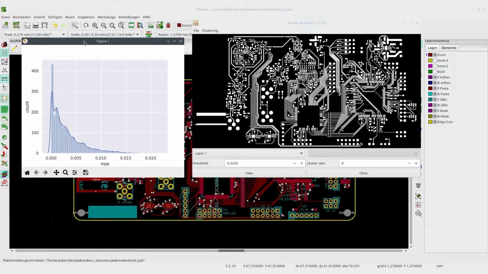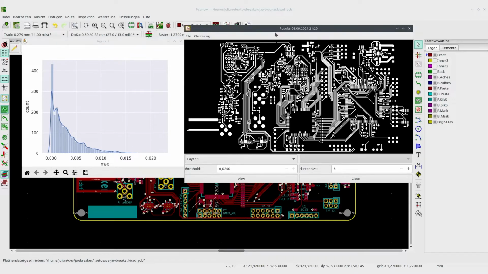When analyzing the board, the algorithm will take a look at each position in the board where a net is running through, and create a slice and analyze the slice. By doing that, it can detect anomalies from the standard design patterns, and such deviations will result in a high reconstruction error. Because the algorithm should be able to recognize most of the board, we obviously have a huge amount of slices and checks where the result was a small error, and the interesting ones are the ones which result in a high error, which have a low amount.